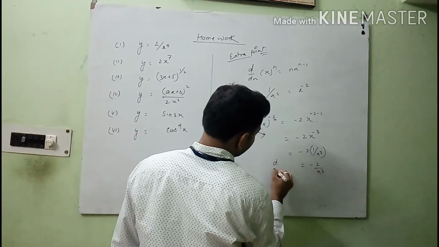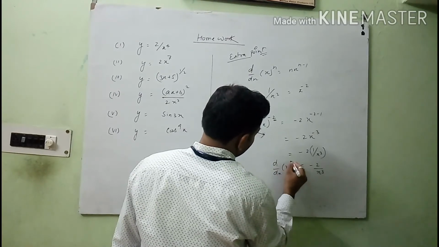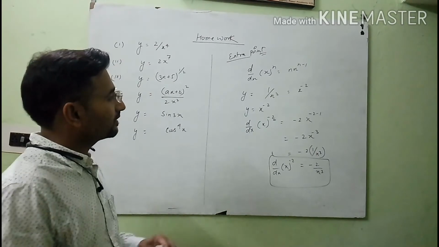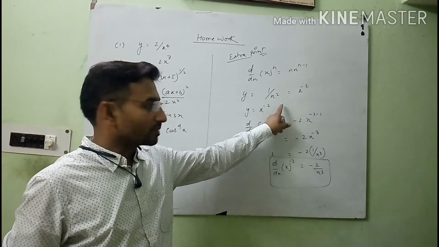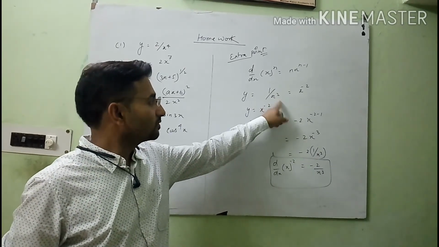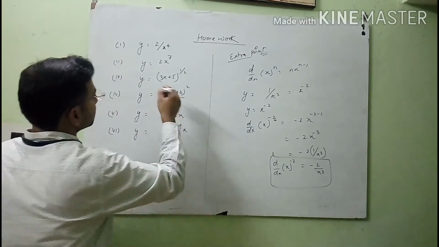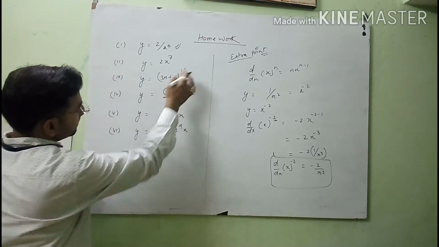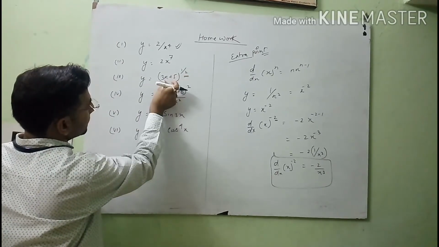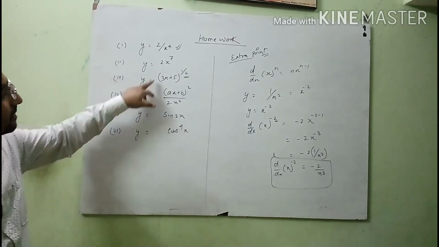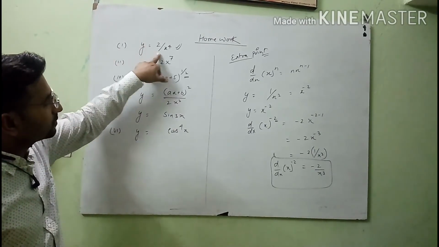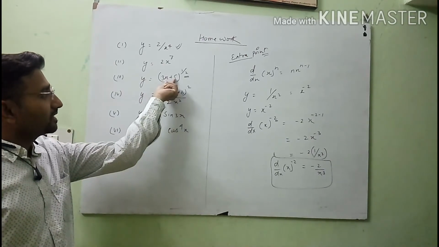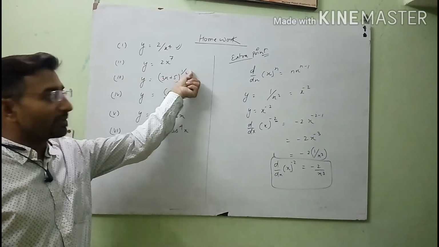This is the solution of x raised to the power minus 2, meaning this is the differentiation of x raised to the power minus 2. If this type of differentiation comes, you will solve it like that. I have given you one question here; you will solve it on the basis of this pattern. And if the power is 1 by 2, no problem, I will give you a summary of all these questions. This question you will do like that, and the second is a simple question, and in this one you can consider the whole value as t raised to the power half by using this formula.